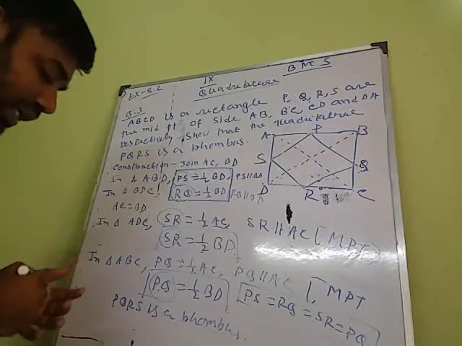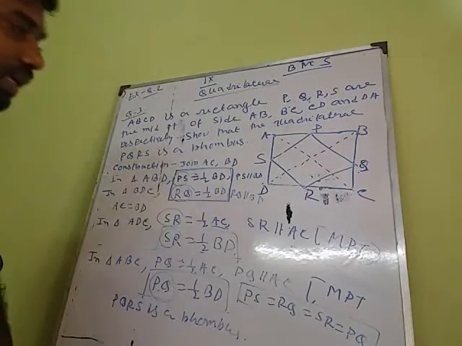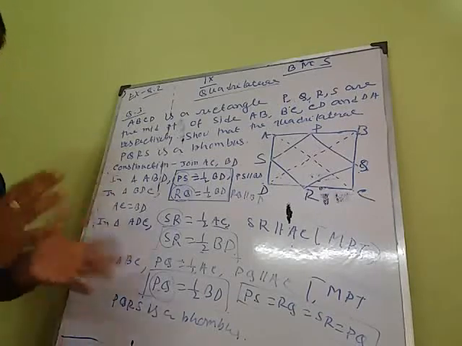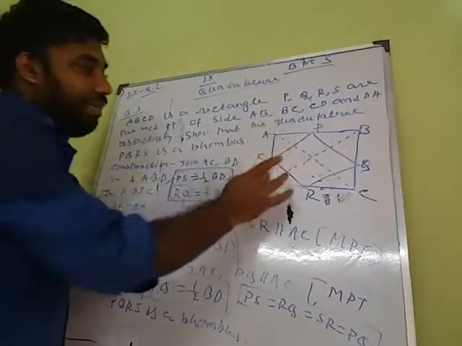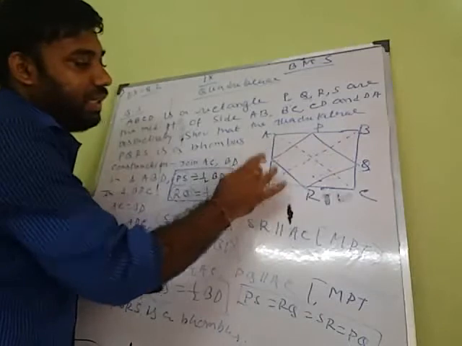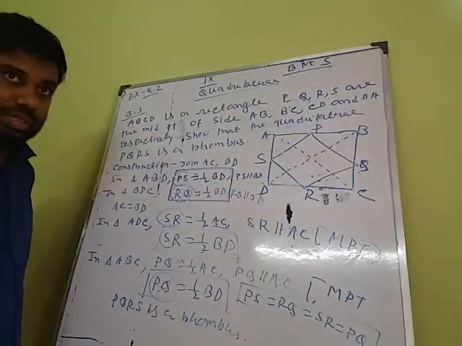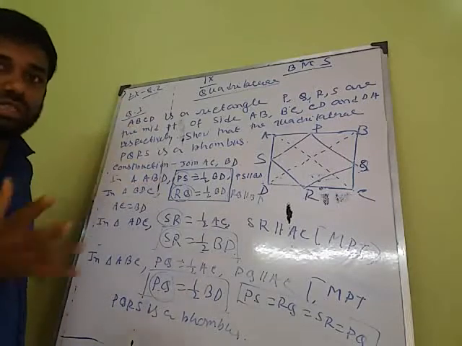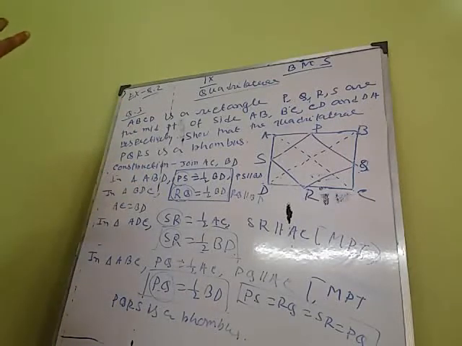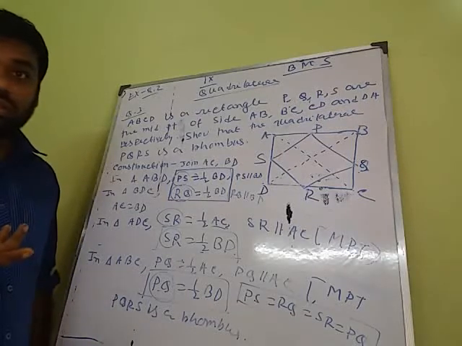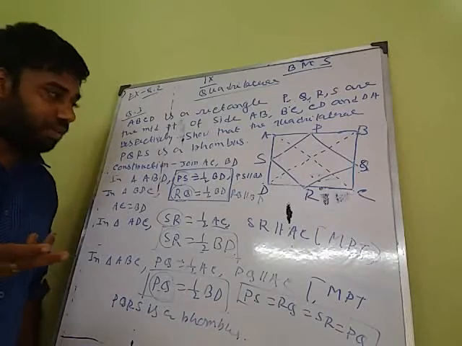This proof is done totally using the midpoint theorem, taking four triangles ABD, ABC, ADC and BCD. And one thing I have used, that diagonals are equal, because ABCD is already given as a rectangle, and a rectangle's diagonals are equal. By using these two statements we can prove this.